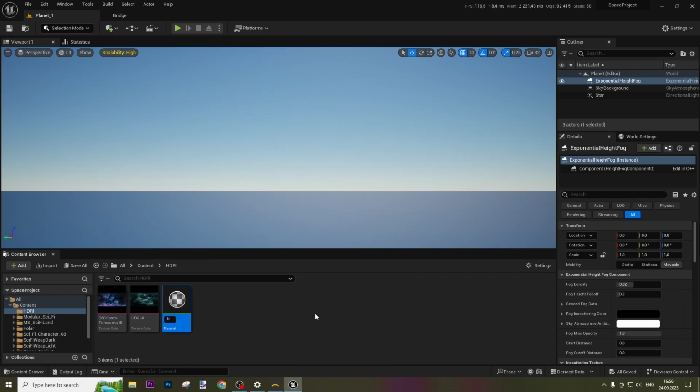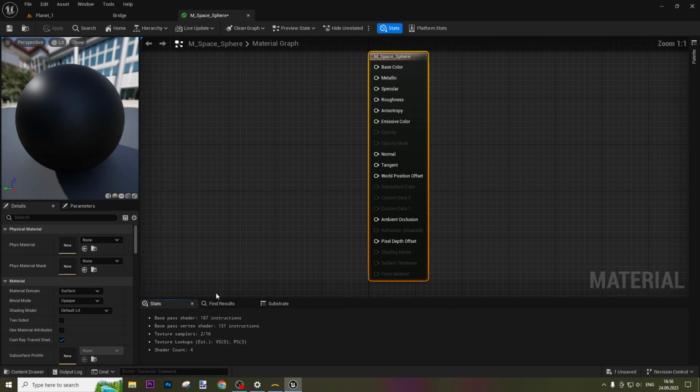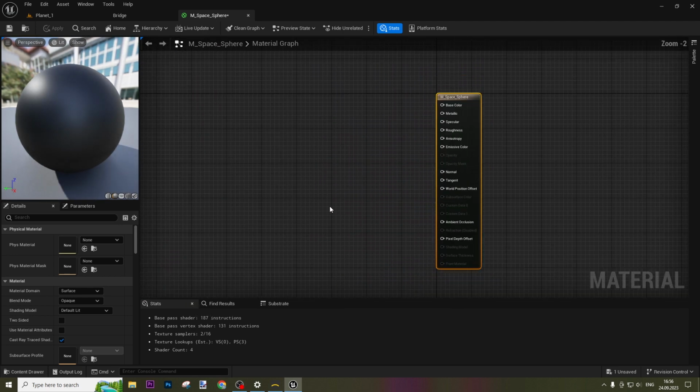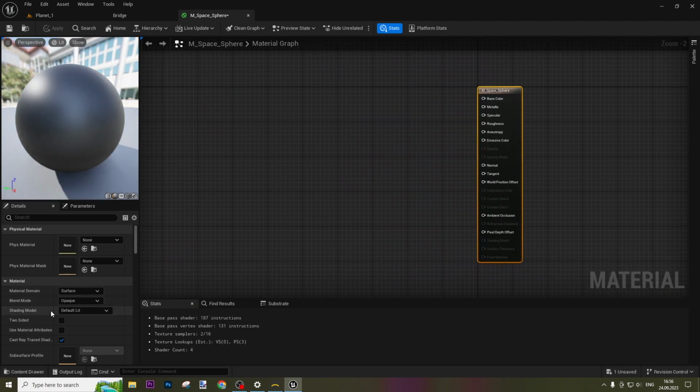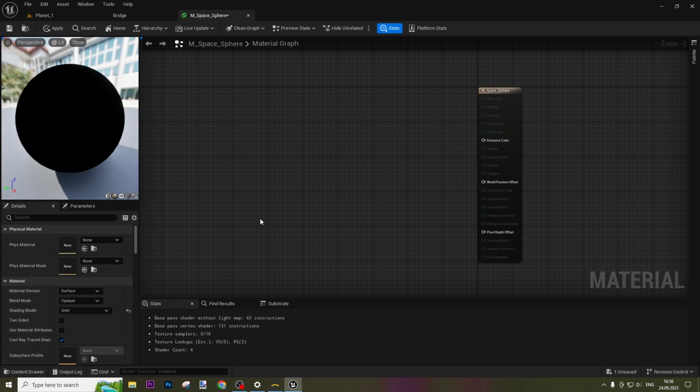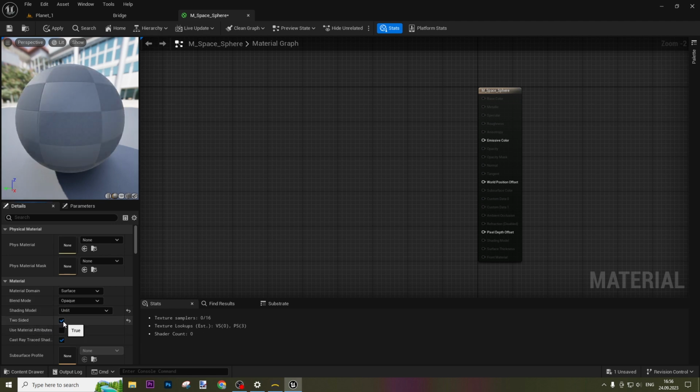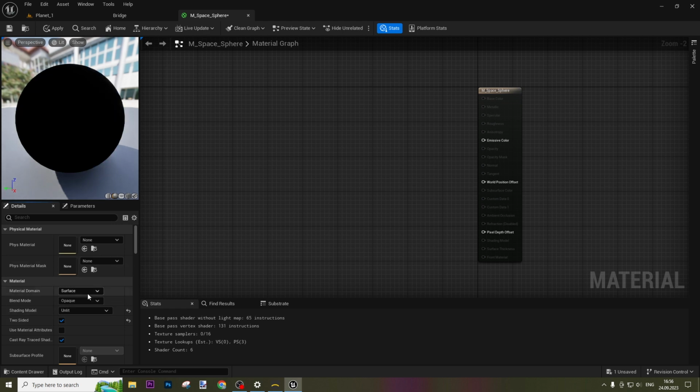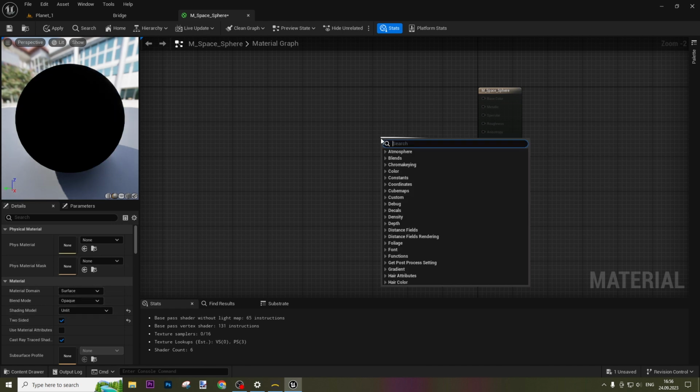First of all, we need to create a material. I'm going to use material space sphere. This is our material. Open it. Then we need to create some nodes. First of all, shading model must be unlit, because in the space we have no shadows, so we don't need lighting. Then let's connect this, two-sided, check it, and then on the emissive color let's add